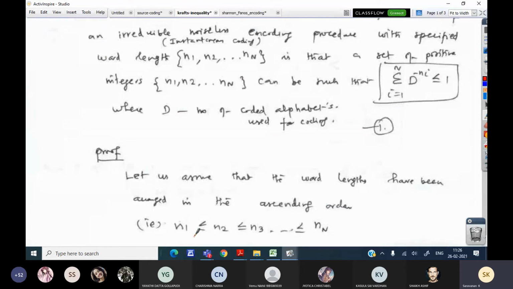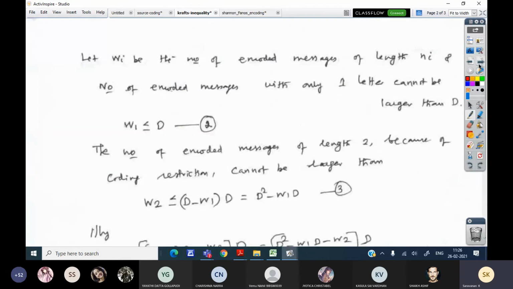My aim is to prove Kraft's inequality. Suppose wi is the number of encoded messages with length ni.